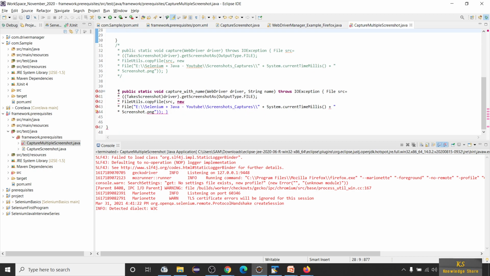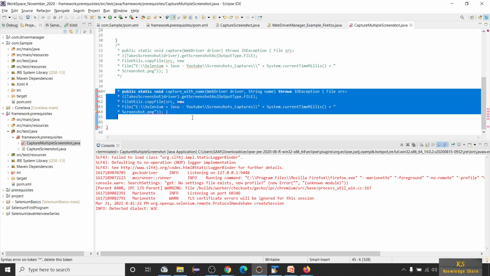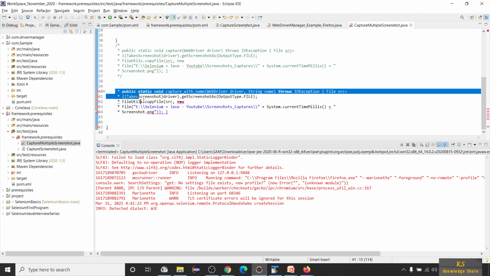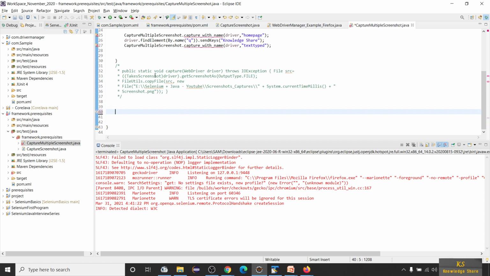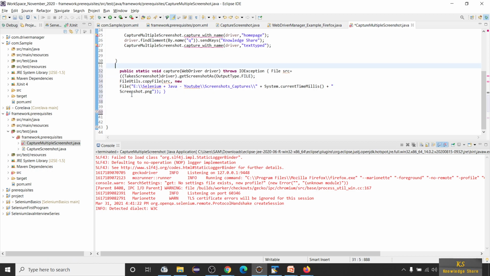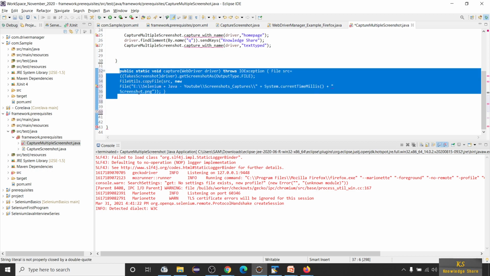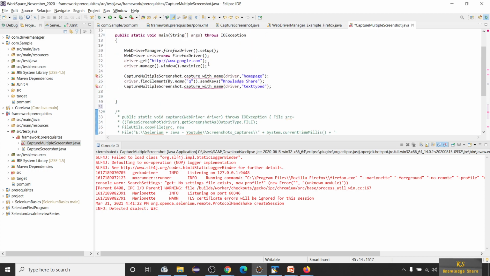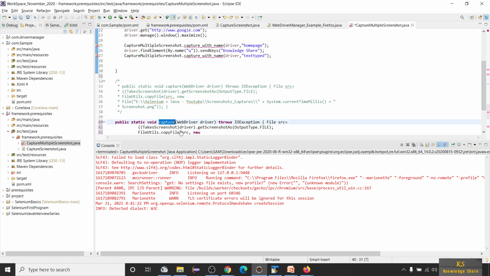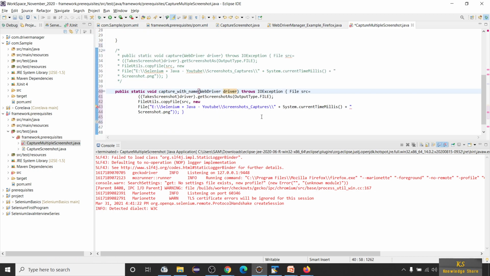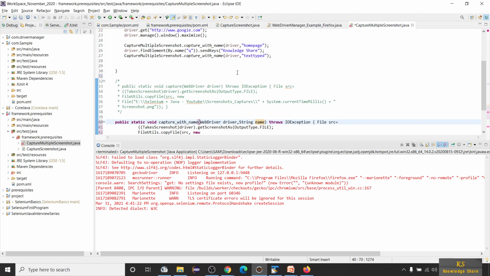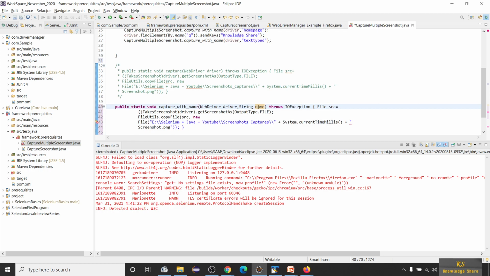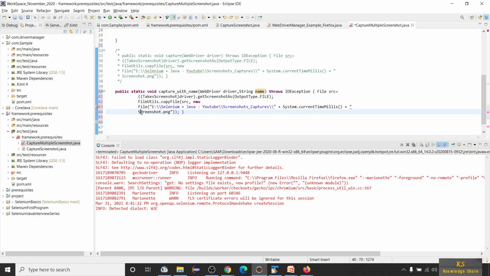Now let me uncomment this, copy this and paste it. Let me use this method name, and I'm going to add one more argument, string name.